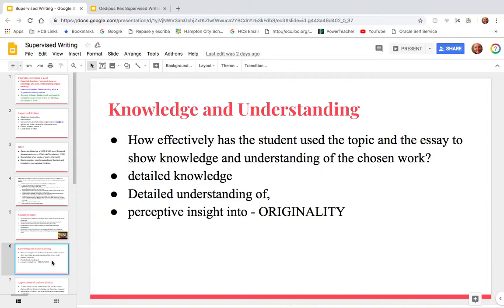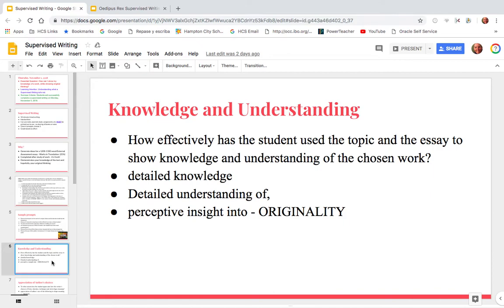Okay, continuing on. I'm going to talk about each one of the categories that I do grade you on that are specific to content. First, knowledge and understanding. You show knowledge by being able to talk about the book in a comfortable manner, so you're able to give specific examples. You're not retelling the story. Retelling the story is as good as a Wikipedia page, but you're able to discuss the work as if you had read it. Originality comes in, and that's the understanding portion of it, if you can show some sort of original perceptive insight into the work,